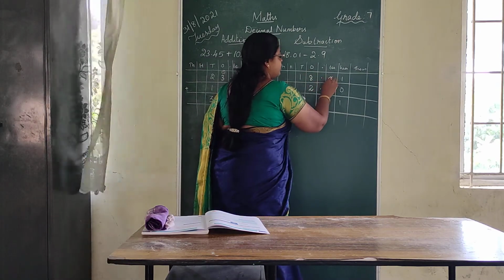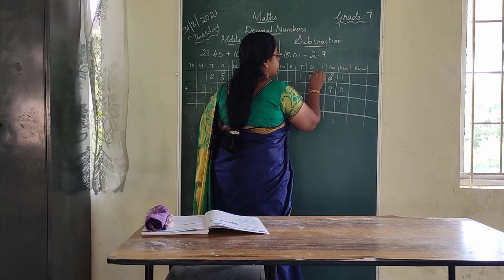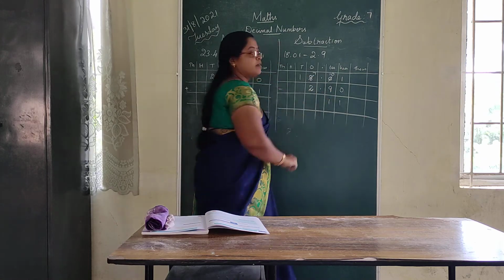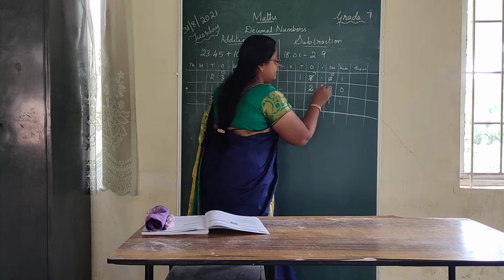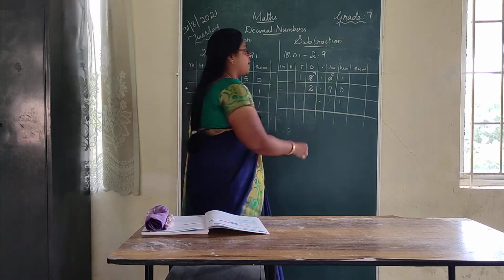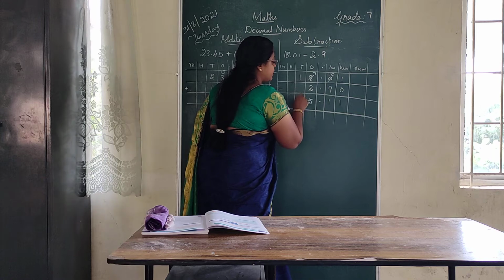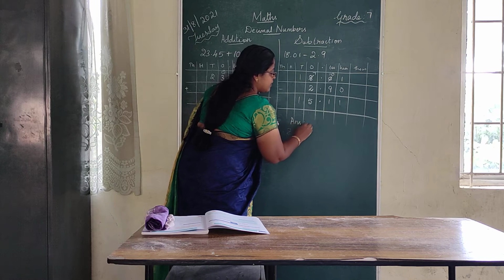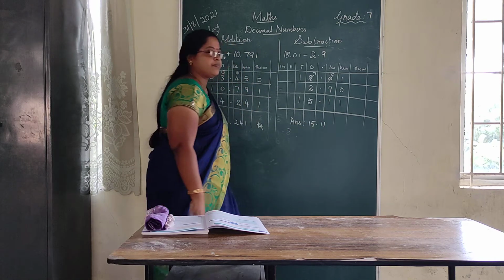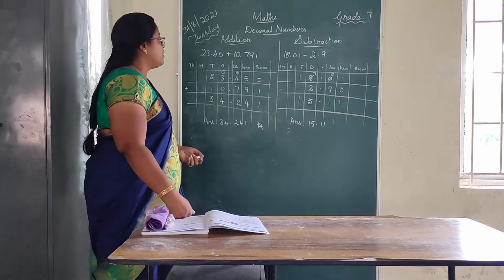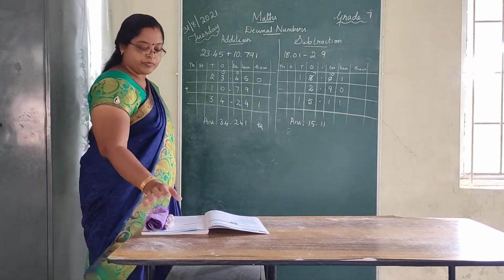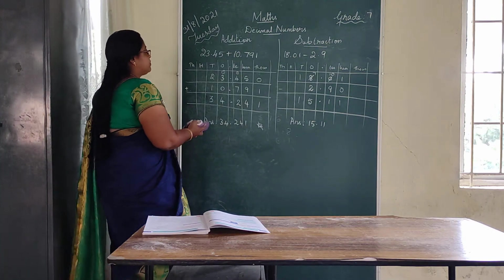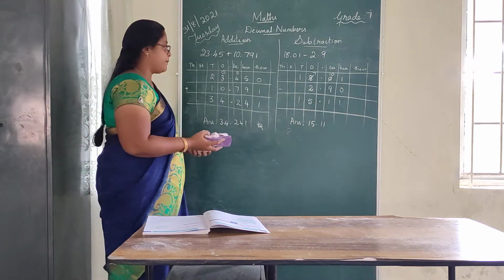What will change the 0? 10. And 8 should change to 7. Okay, then 10 minus 9 is 1. Okay, the same point should be written here. And 7 minus 2 is 5. And 1 should be written straight of the point. Understand? So the answer is 15.11. Okay? Do you understand this? You should copy this in your note also.